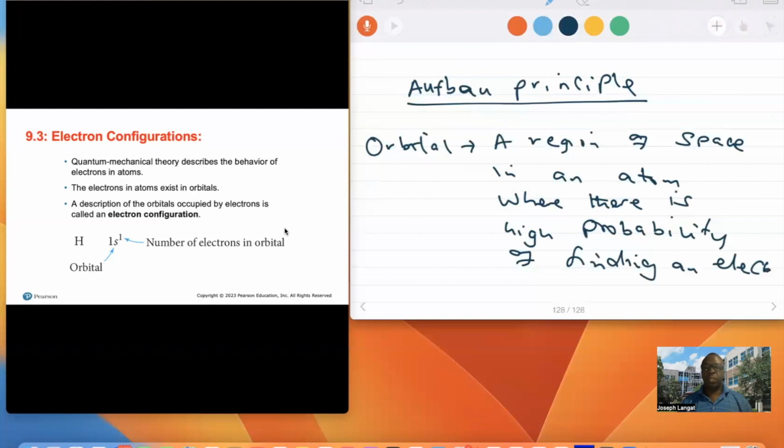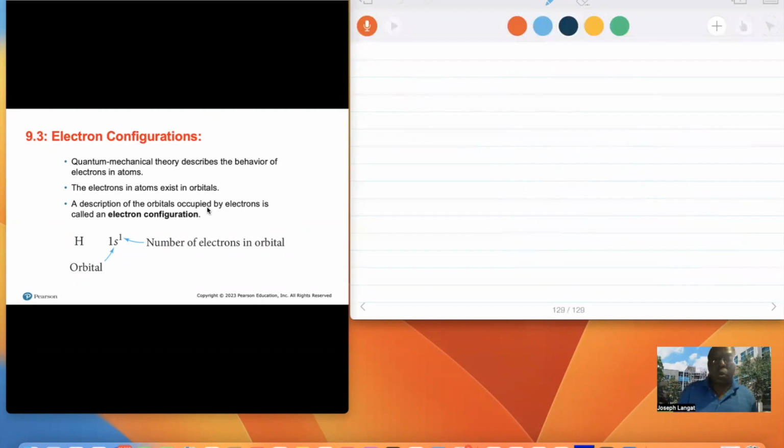Just like if there is a skyscraper with 110 floors, you may occupy the second floor or ground floor. There is no way you can go to 110 if there is no escalator. So electrons occupy shells or orbitals with low energy before filling orbitals with higher energy. According to this principle, this is what you need to learn. And I know you may have learned in Introduction to Chemistry